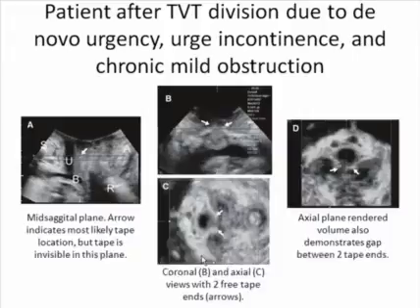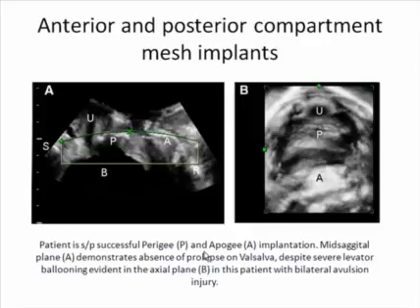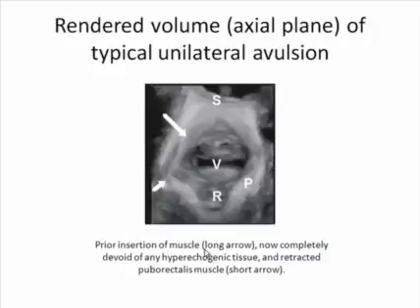This is a patient that had problems, and the tape had to be broken, and you can see the broken interface of the surgical treatment of this tape. This patient has both meshes, a perigee and an apogee implantation, that actually is in good position, and it's appropriately marked here. Okay,